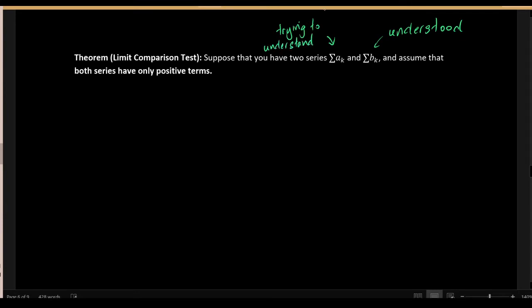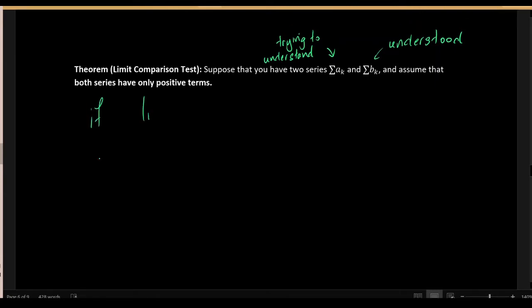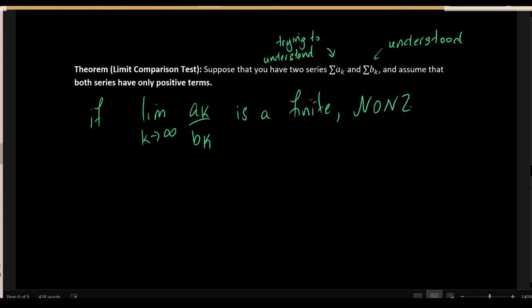If both of these series have only positive terms, so no negative terms allowed in either series, and if the limit as k goes to infinity of the ratio of these sequences is a finite non-zero number. If you take the sequence a sub k and divide that sequence by b sub k, take the limit as k goes to infinity, and get something which is strictly less than positive infinity and strictly greater than 0,